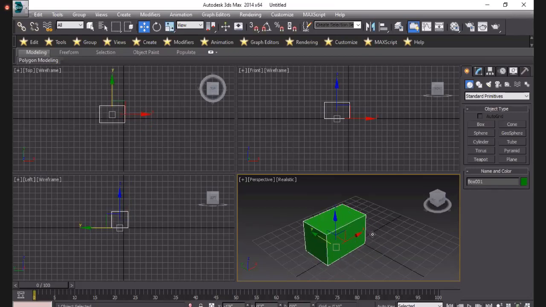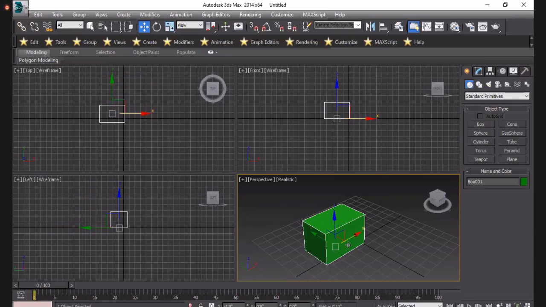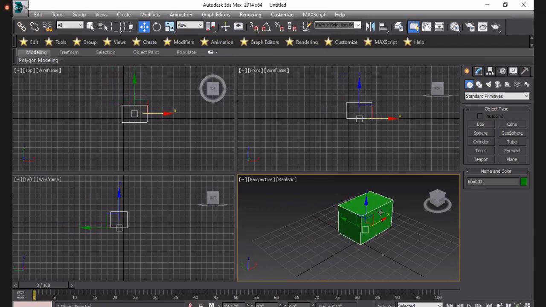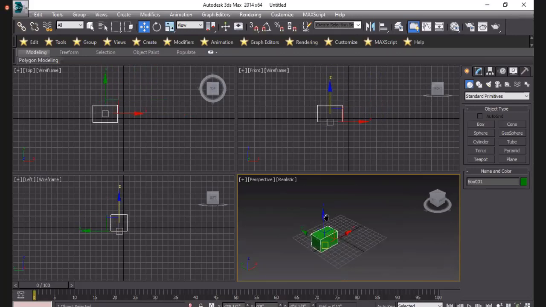So we can move with the help of the gizmo. I will move it to the right side and left side, upper and bottom.